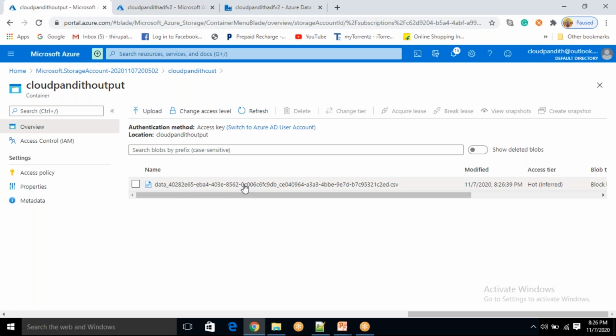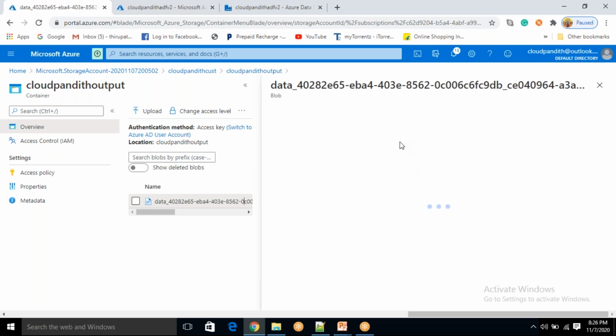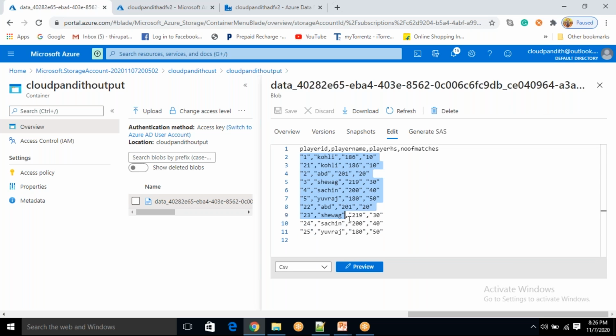You see a single file because of merge. It will merge all the records, and you can see 1 to 5 and then 21 came here, and 22 to 25 you can see here. Okay, clear, fine.